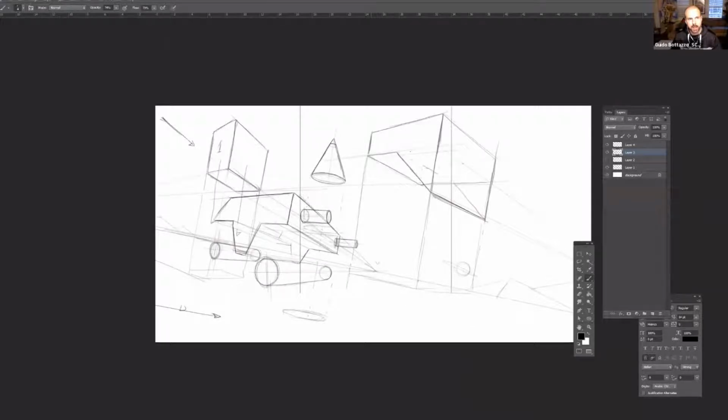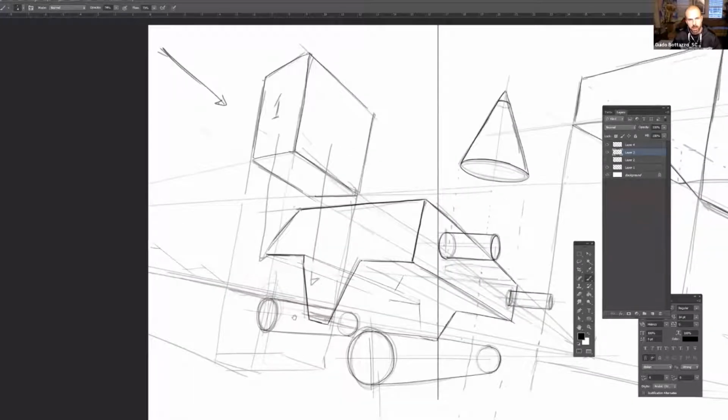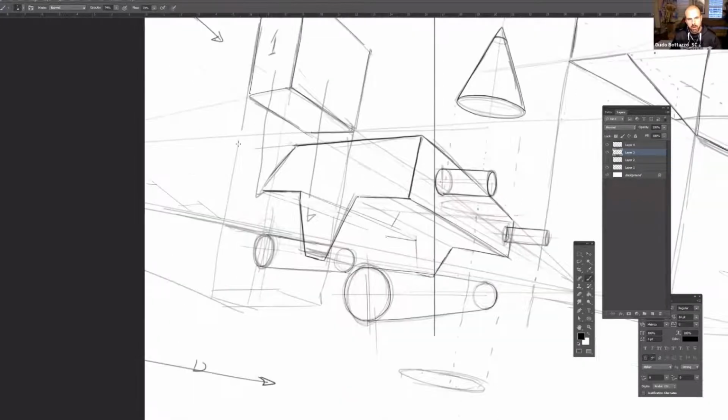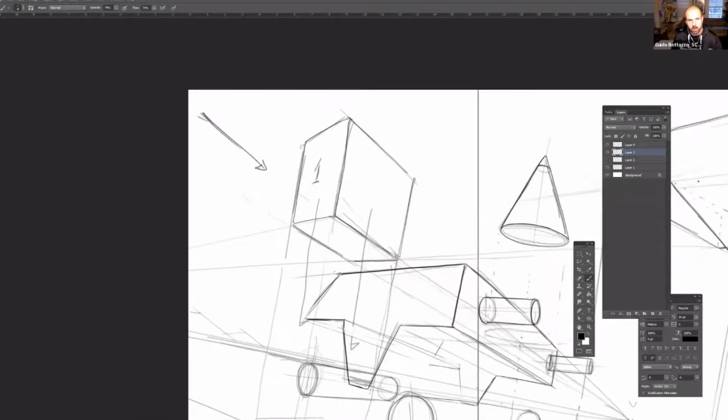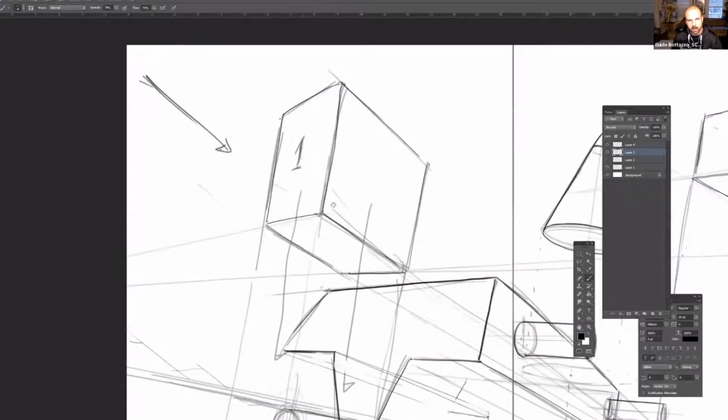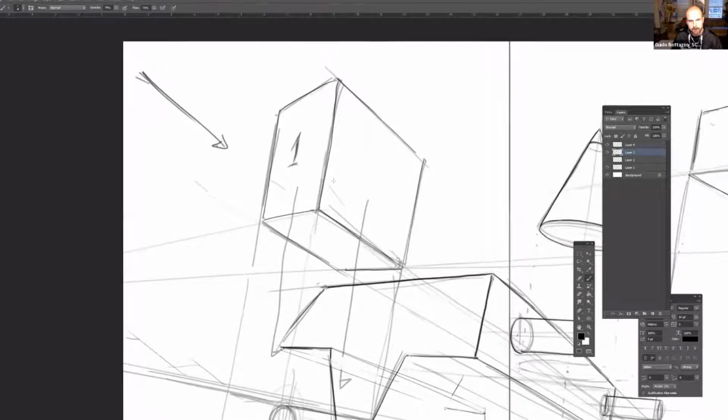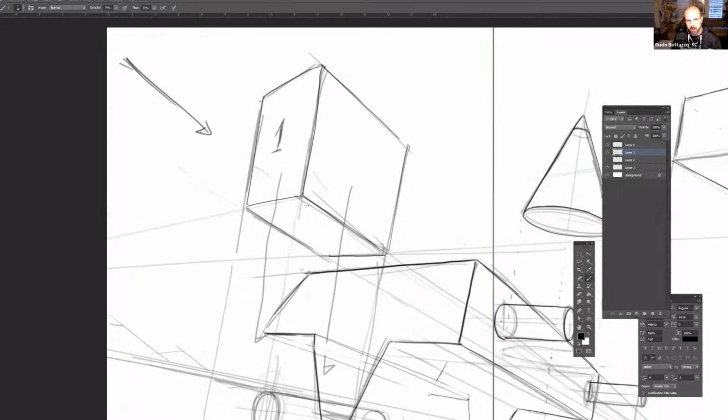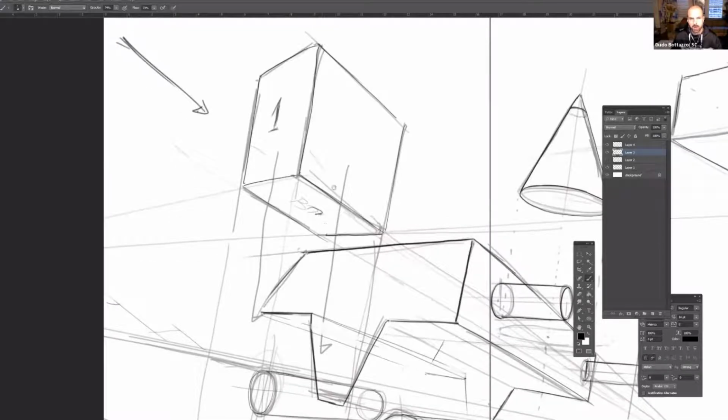Let's render real quick. So light is coming with this angle and this direction. So it's not too far from the sunset scene. So what are the number one? Number one, all the bottoms are always number three. So number three. Number two,